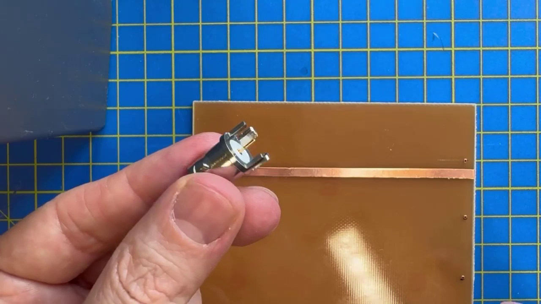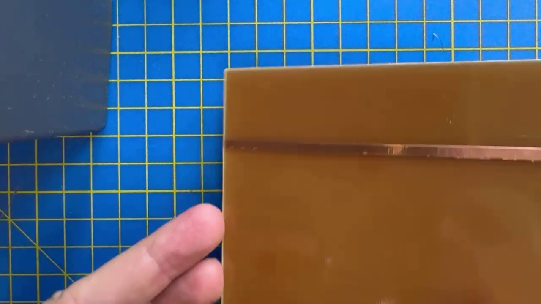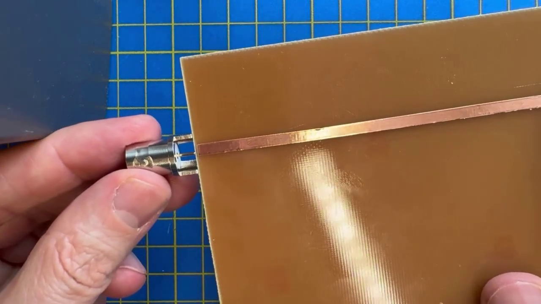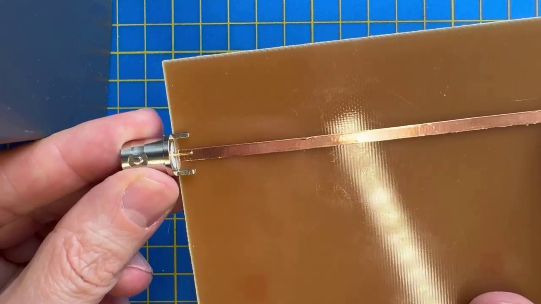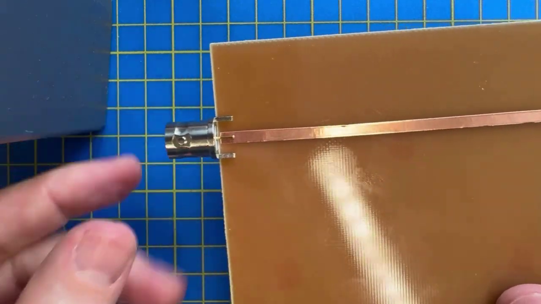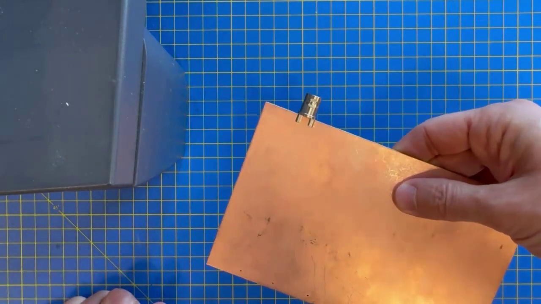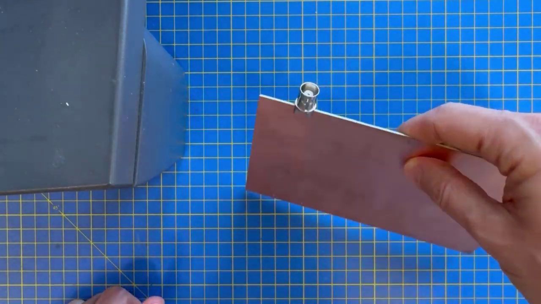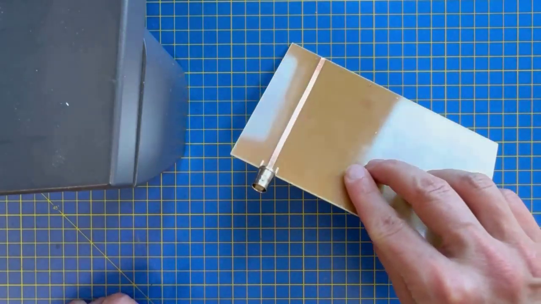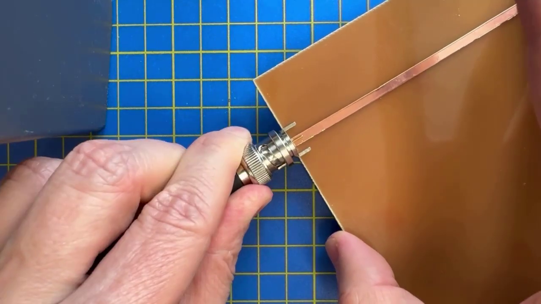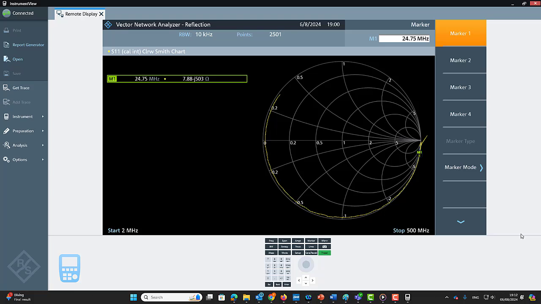Now, to test it, we can use a board edge connector like this one. This fits our board quite snugly, so, for our first test, we won't even need to solder it. This makes life easier since, should our line not turn out to have the right characteristic impedance, we can easily replace it. Now if we connect our VNA and measure the S11,